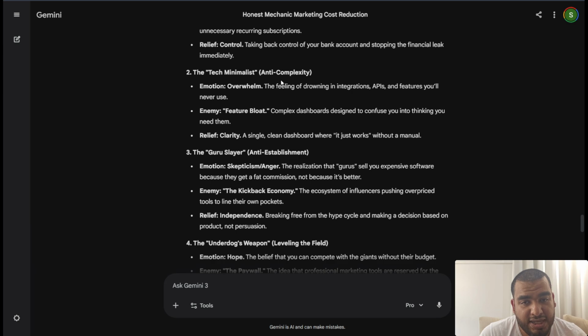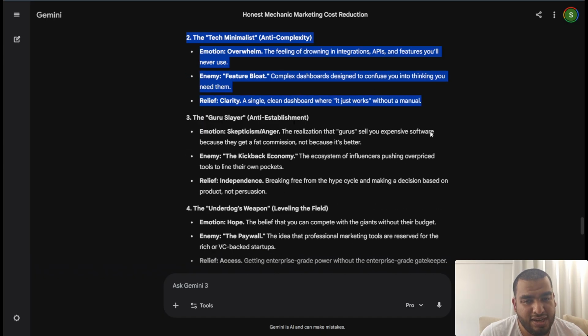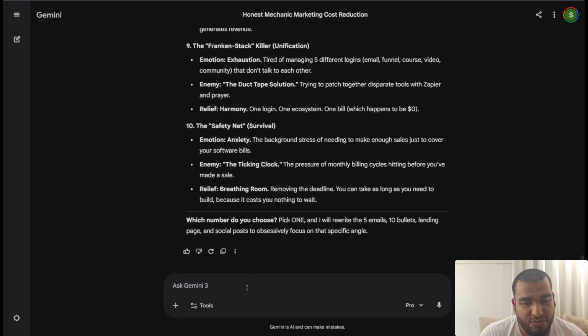The tech minimalist. The feeling of drowning in integrations, APIs, and features you'll never use. The enemy: complex dashboards designed to confuse you into overthinking or into thinking you need them. A single, yeah, this is true, a single clean dashboard where it just works. I think this is what System.io is all about, in my opinion, because their dashboard is pretty neat. Okay, so I will pick number two